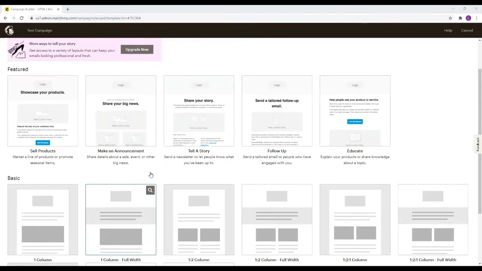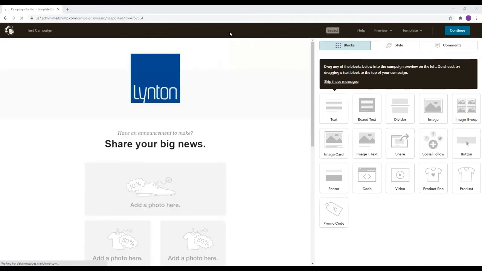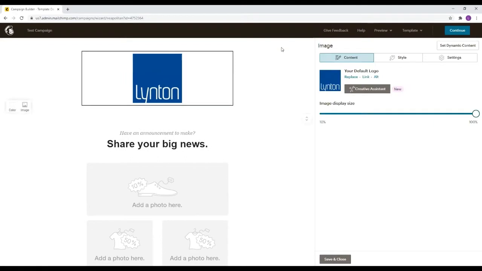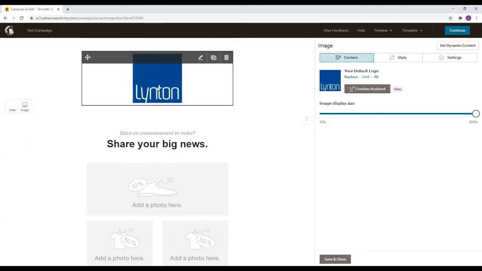So upgrading to paid versions can give you a much larger variety of templates if you wanted more than this. So we're going to click on Make an Announcement now, and that will take us to the builder. And here on the builder, you can see we've got the main section of the email template here. On the right side is where you're going to carry out your edits.